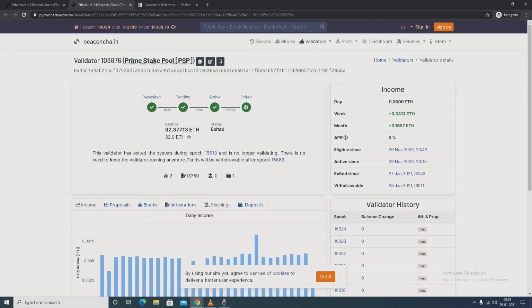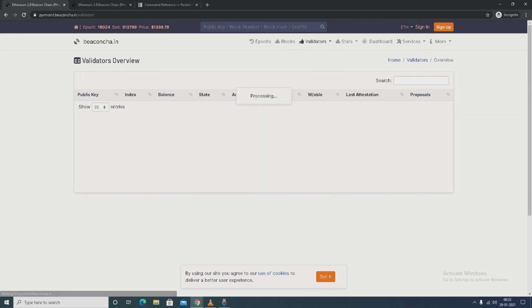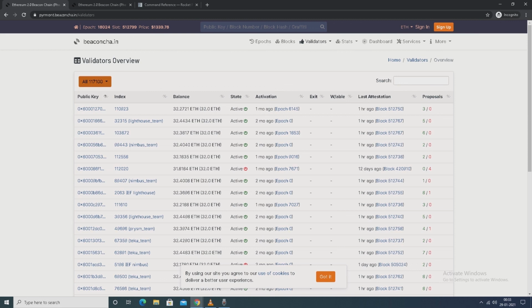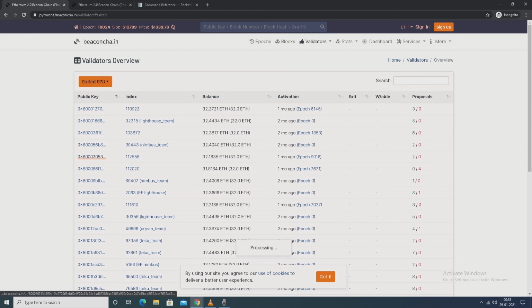And you can see over here on the beacon chain, this validator on the validators leaderboard. From validator overview, we go to exited validators, and over here we can search with the index number, or let's try with prime stake pool.